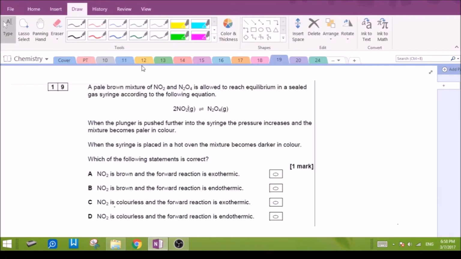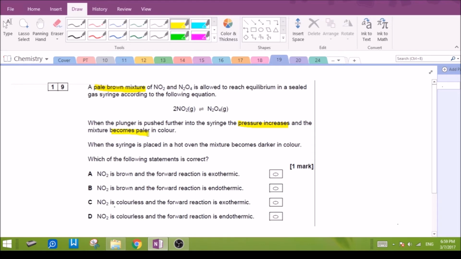Number 19, a pale brown mixture of NO2 and N2O4 is allowed to reach equilibrium. Now, there's a mixture, a pale brown, essentially because one of the molecules is brown and one of the molecules is colorless, and we have to use the information that follows to figure out which one is brown and which one is colorless. So, when a plunger is pushed further into the syringe, the pressure increases and the mixture